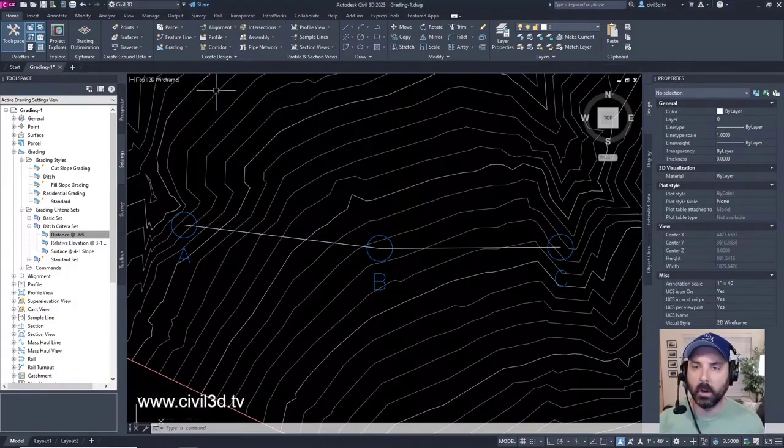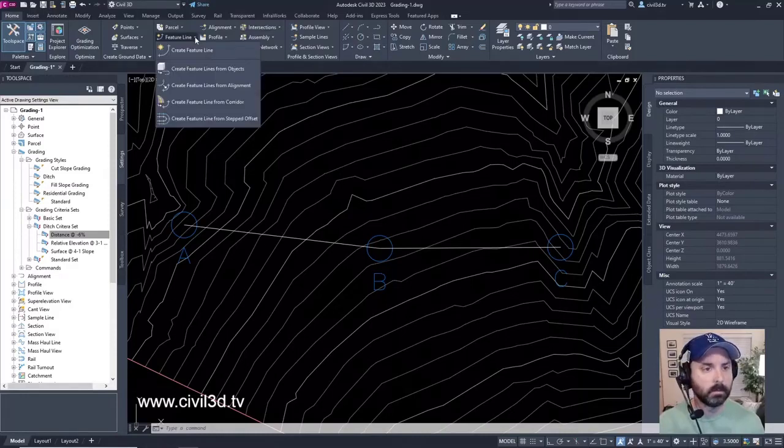Then we're going to go into the Home tab once again, then over to the Create Design panel, then to the Feature Line drop-down. We're going to create feature lines from objects.